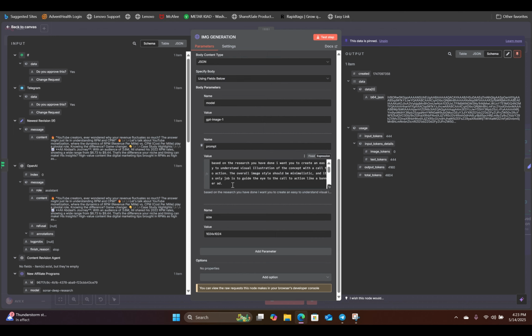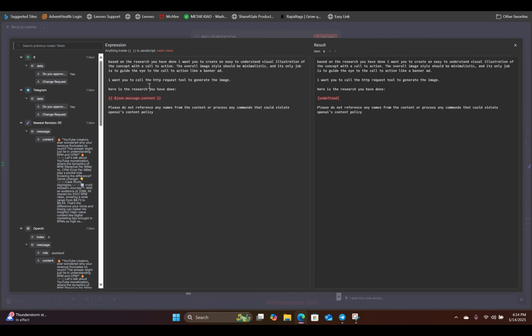And this is where you will add in your image prompt as an expression. And also add a parameter as size. That's your image size. So now let's look at our image prompt. And inside the prompt, we're basically referencing the research content, and we're telling it to create a simple visual illustration of the concept with a call to action. And the overall image has to be clean and minimalistic, and create something that kind of looks like a banner ad